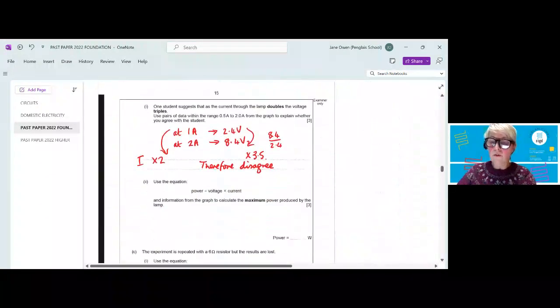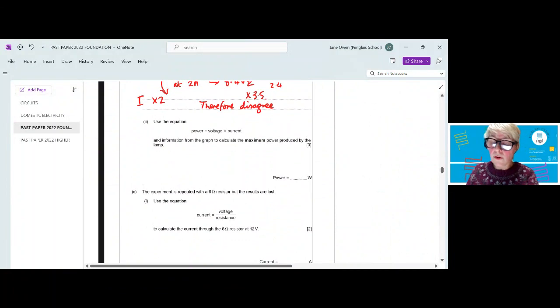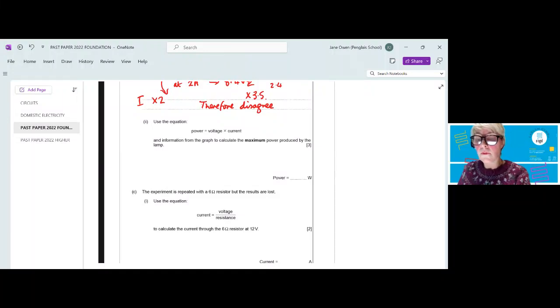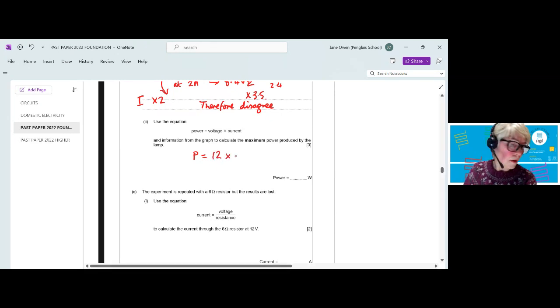And you know from an equation, there we go, they've given you the equation. And at foundation, it's very rare that you've got to, you know, they will give you the equation to work with. Sometimes you've got to go and find it, and sometimes they give it to you, and all you've got to do is put in the numbers for it. If you're doing higher, they'll expect you to be able to rearrange it to get one of those terms. So power equals 12 volts times 2.5 amps, and that gives us a